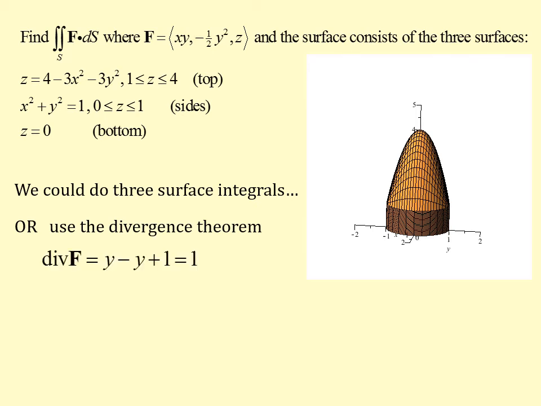The divergence, again, is pretty easy to compute for this one. It comes out fortuitous. The derivative of xy with respect to x is just y. The derivative of negative 1/2 y squared would be negative y. And the derivative of z would be 1. So again, the divergence comes out to be 1. I wouldn't count on it always being quite so nice. However, to evaluate this triple integral,